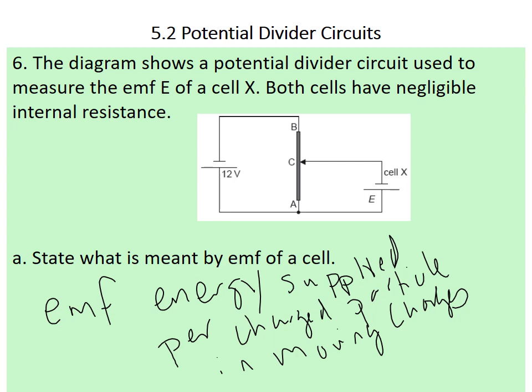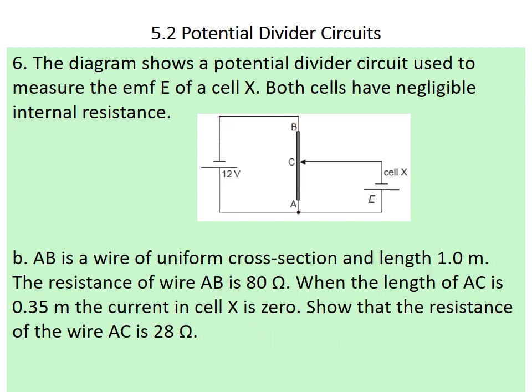So it's the energy that it takes to move each charge around a circuit from one of the battery's terminals to the other. For part B,